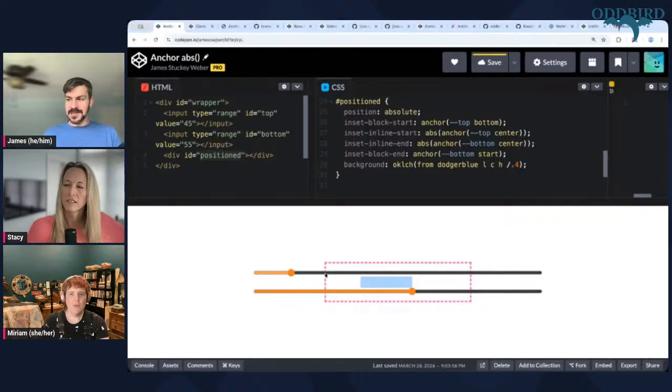Does that make sense? Right, yeah. So there's sort of two things here. One is you need to know where the containing block is if you're doing anything weird. And the other is that you can do math with the result. You don't have to